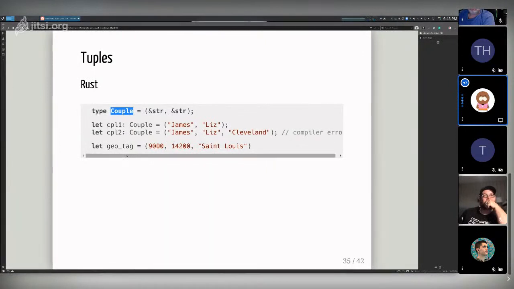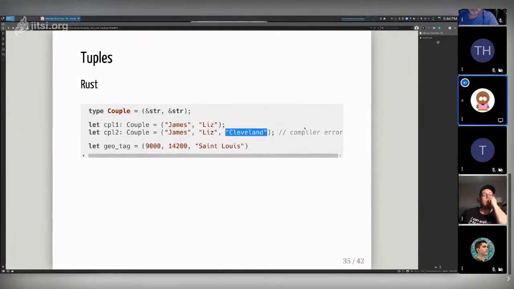The other thing this points out for couple is that tuples aren't lists, right? They have a size, and the number and types of the elements of the tuple are constant, so you can't change them. If I try to assign an additional field to this tuple, which should only have 2 elements, it won't compile.